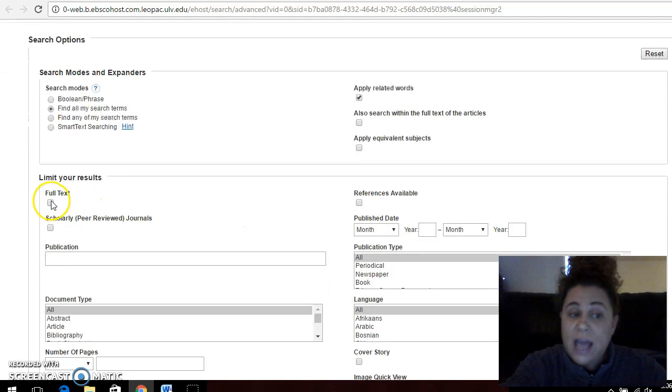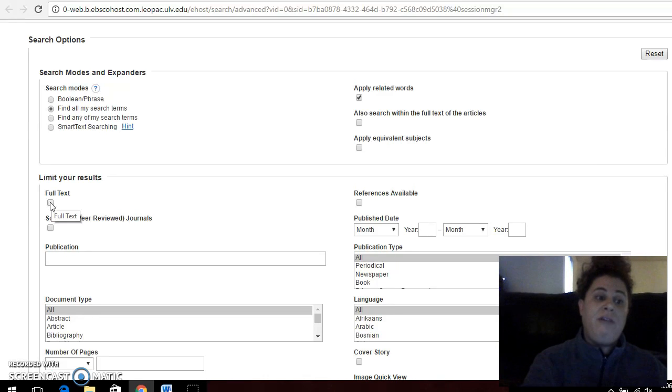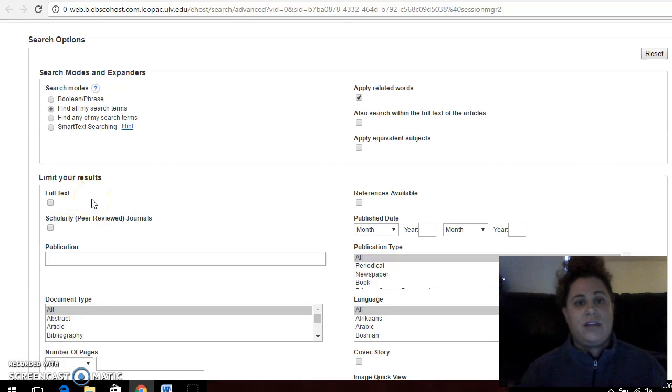Then full text will give you only articles they have. I would encourage you to not click that early on in your research because you have time to find other articles. If the computer brings up an article that they don't have, they'll find it for you. And your research paper's not due for another 10 weeks. So that's something we want, right? So we're not going to limit it to only full text,